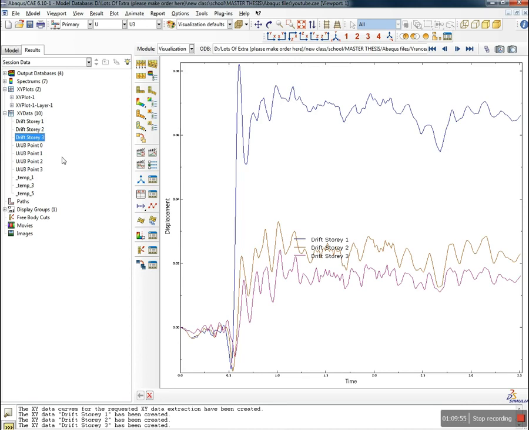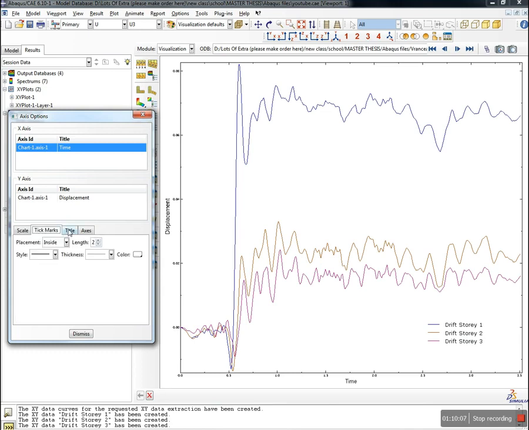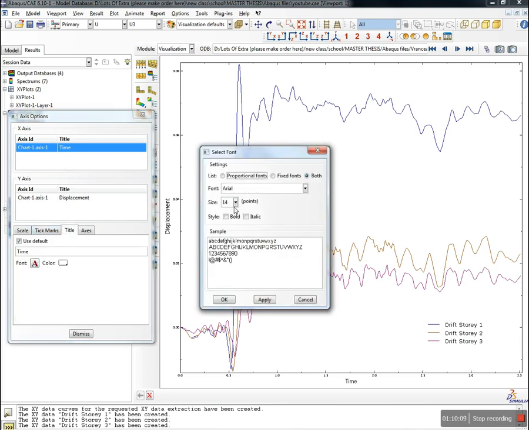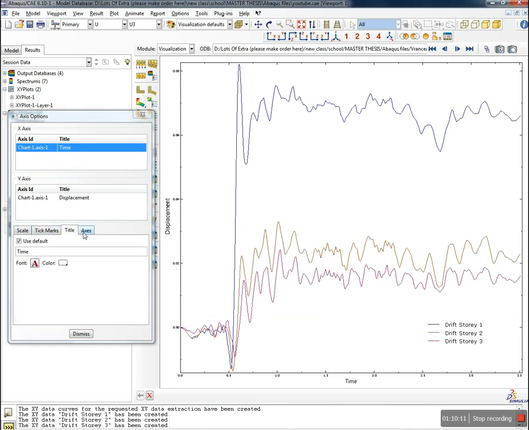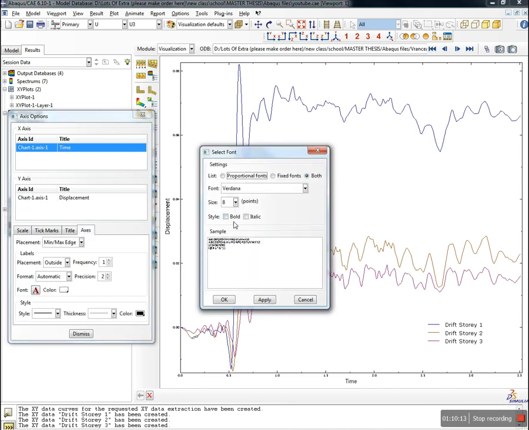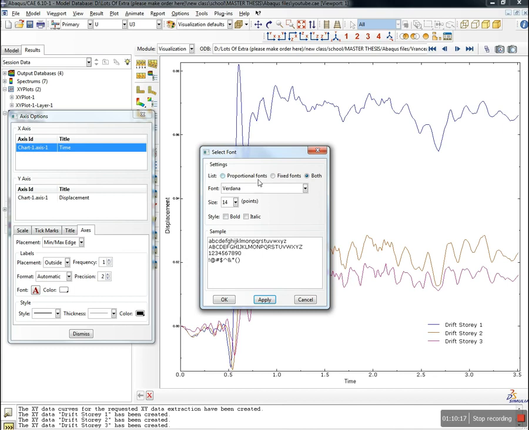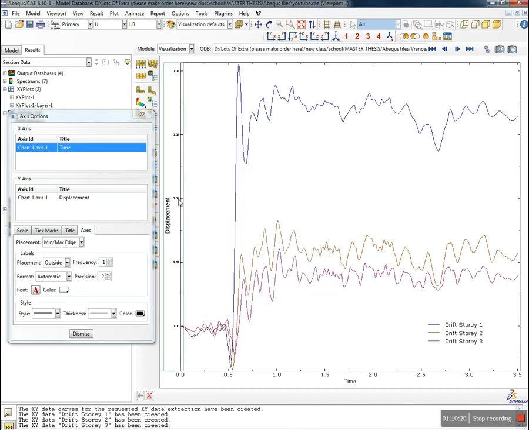And what you can do here, as we like to do, is move the legend somewhere else. Now we have the axis, you see they are size 8, and we don't like 8, we want 14. Not the title, but the axis. Here font, and we'll take 14, apply. And same for the other axis. Font